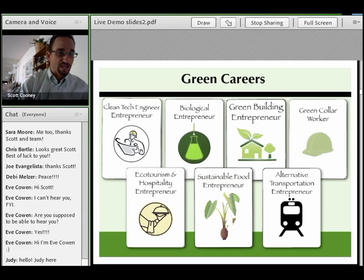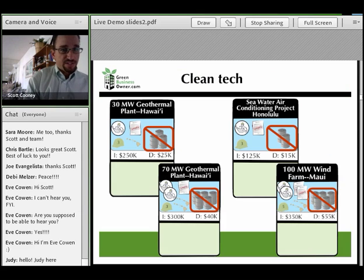There's a clean tech engineer entrepreneur, there's a biological entrepreneur, there's a green building entrepreneur, there are green collar workers, there's ecotourism and hospitality entrepreneurs, there are sustainable food entrepreneurs, and there are alternative transportation entrepreneurs. And these are the basic green career tracks that people can follow. And these are the basic businesses that people can invest in the game. So once you've got your human resource cards, you can invest in certain businesses that require those human resources to